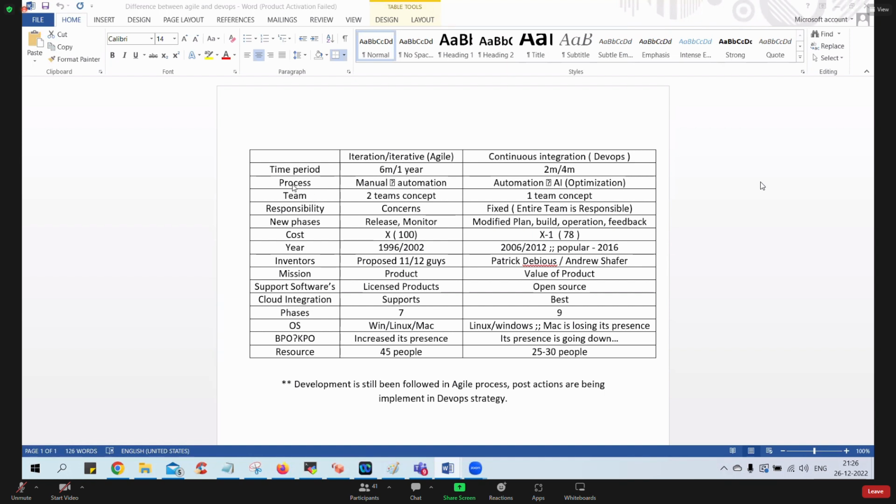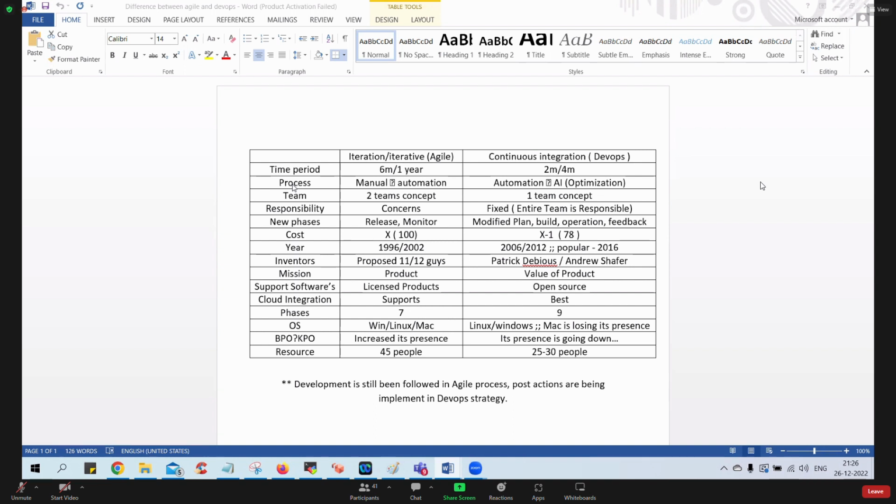Now, when it comes to the process, agile believes in manual and they moved on to automation. But in DevOps, we see automation to AI. Team size, very interesting. So here in agile, they believed in the concept of two teams. And from the last 30 to 40 years, there has been no trouble at all in the two teams concept implementation